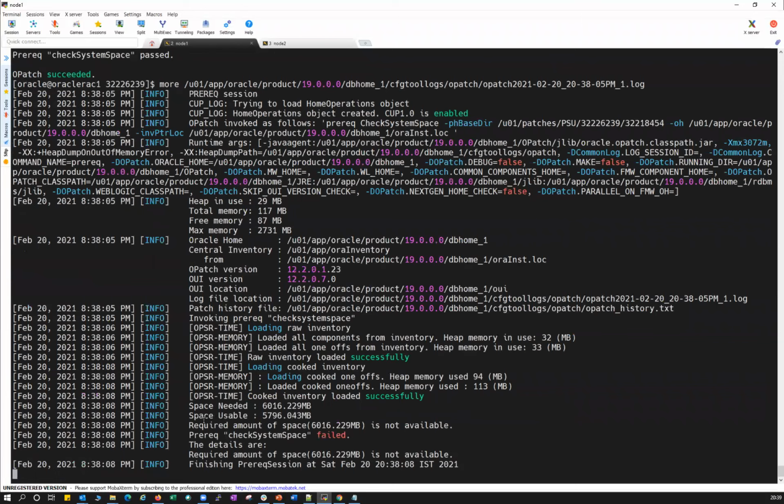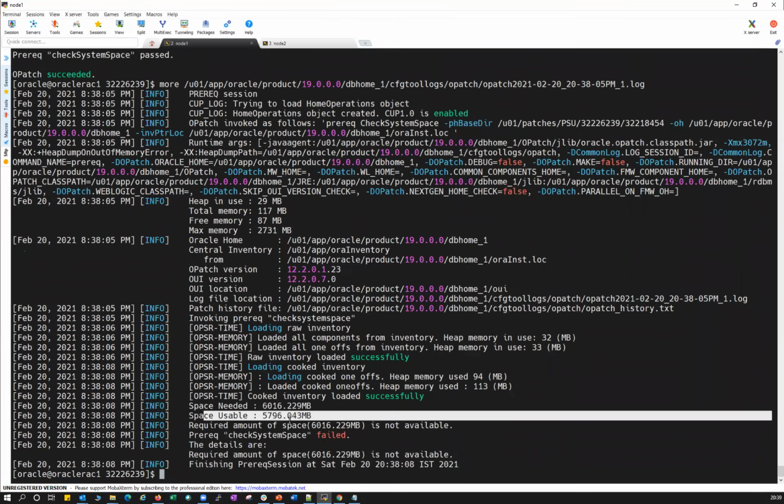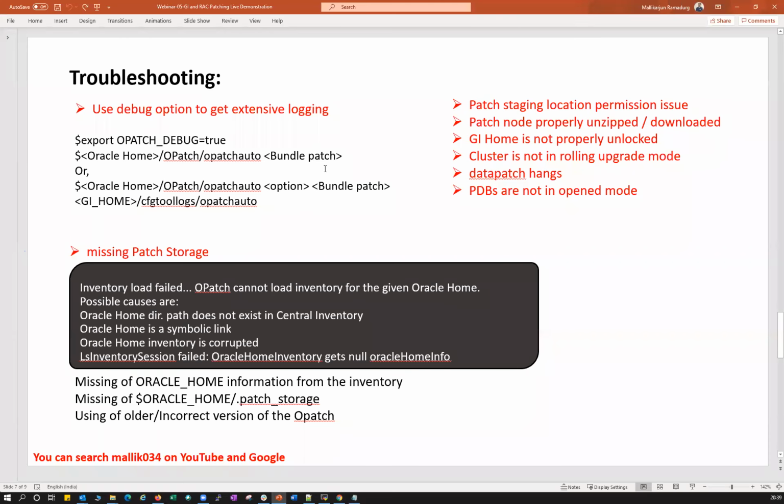It will say space needed and available space. Then you will immediately get to know the cause of the failure. One thing is you check that particular log file. Another thing is you can enable this debug option. And the other thing, as I said, is patch storage.